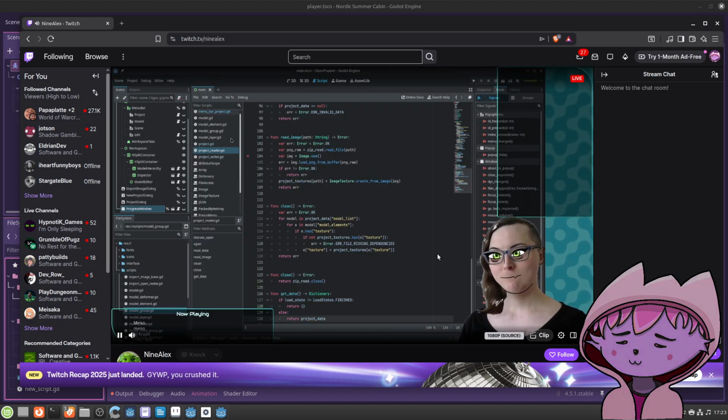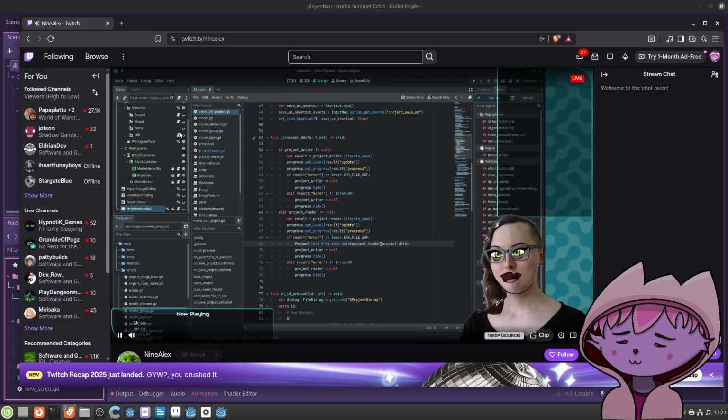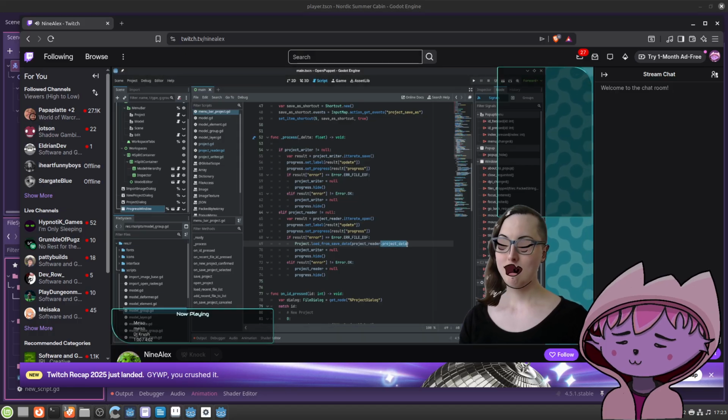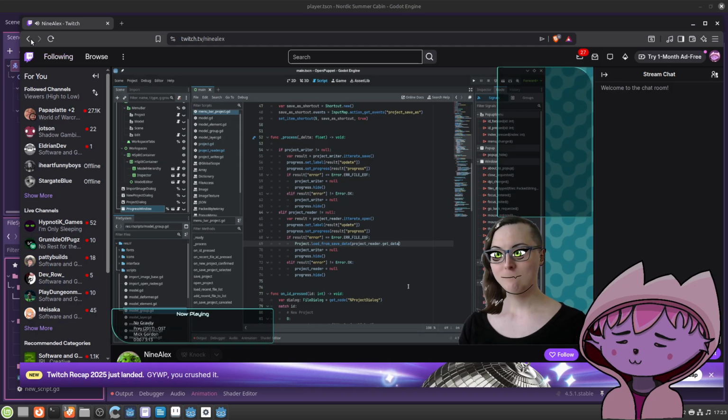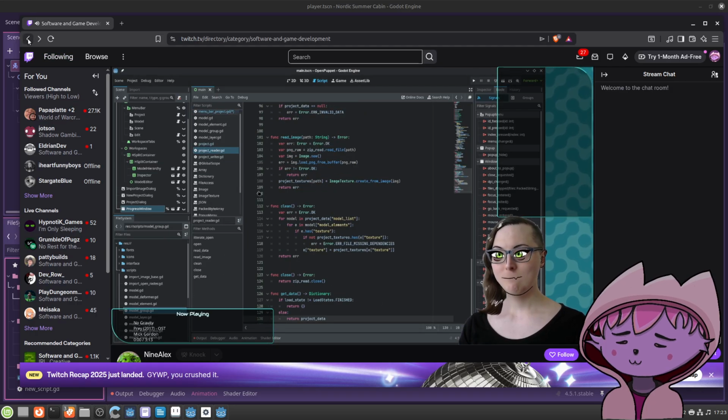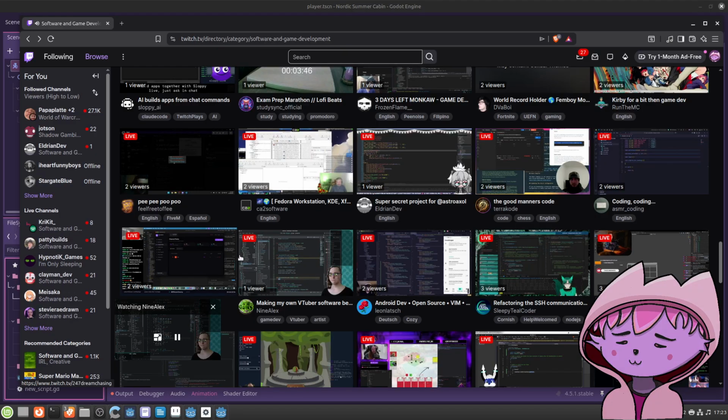Oh, wow. Here instead of saying project reader.project data, I'm going to use project reader.get data. Yeah. But they're in Godot, alright.